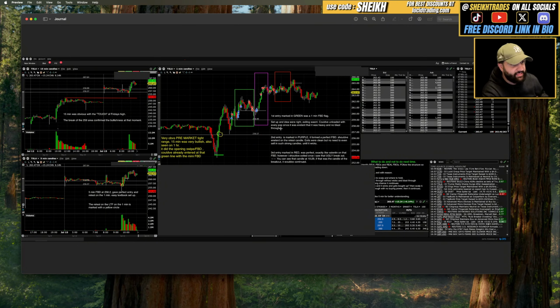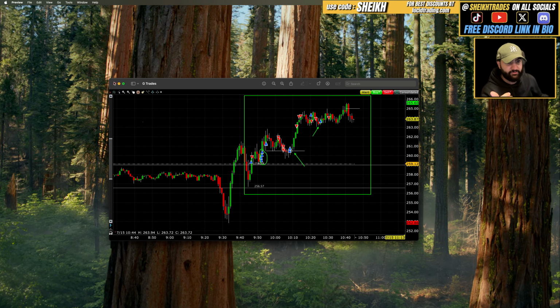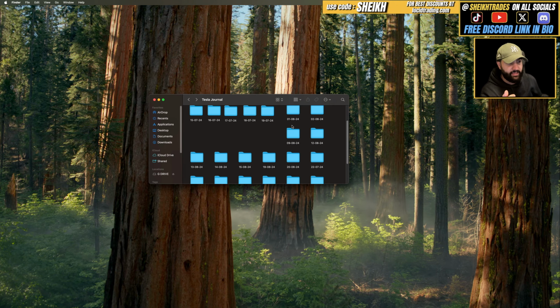I wrote everything down, and not only for that, even for the 5 minute. What was the 5 minute? What did the 5 minute do? And you could think that I've only done this for that. Look, straight. Those are the trades for the day that I took. I also have separate screenshots for them. And then we're gonna go into